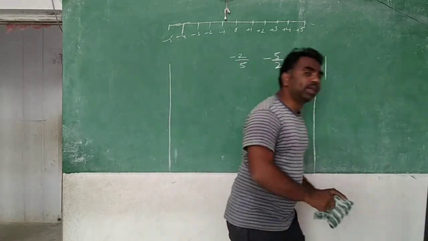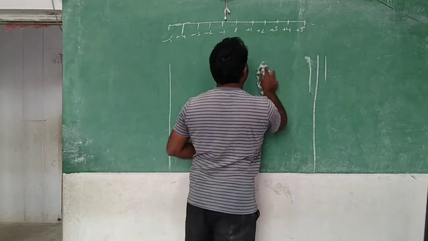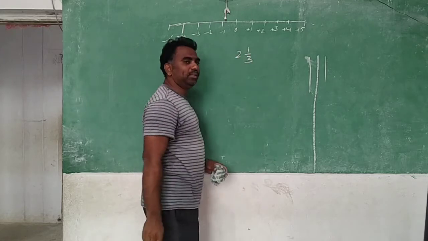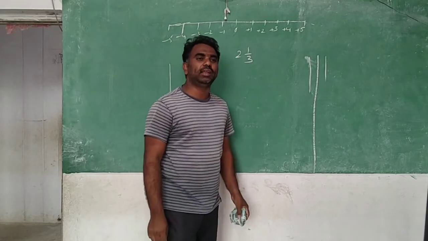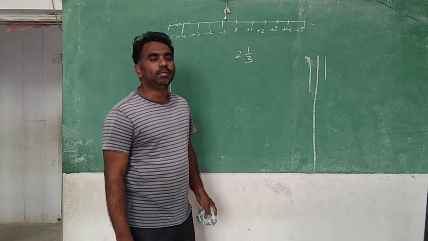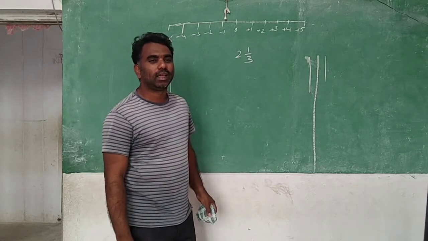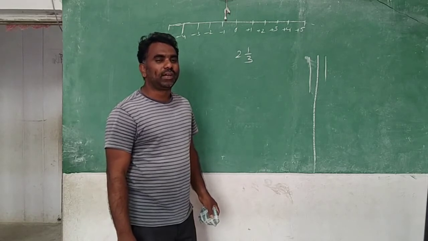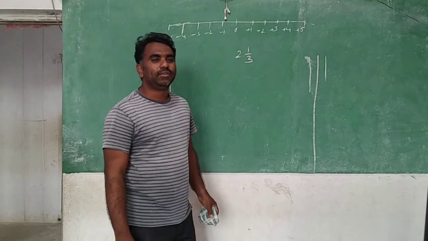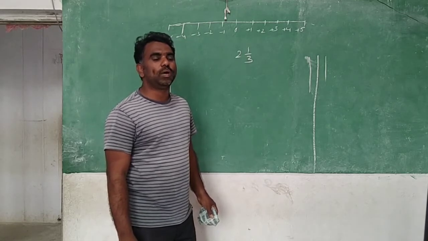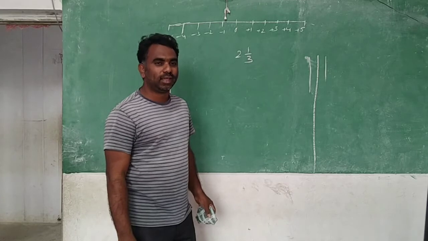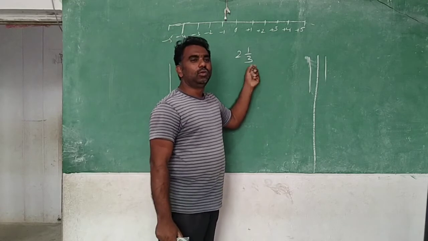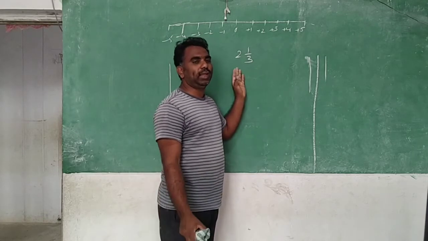Okay, maybe sir, you can say like this, means you can say easily where it is. Suppose I have asked you where is 2 1/3, easily you can say where it is in between. The fraction 2 1/3: where is 2 1/3, in between what numbers? I said to you fractions are all between the numbers.